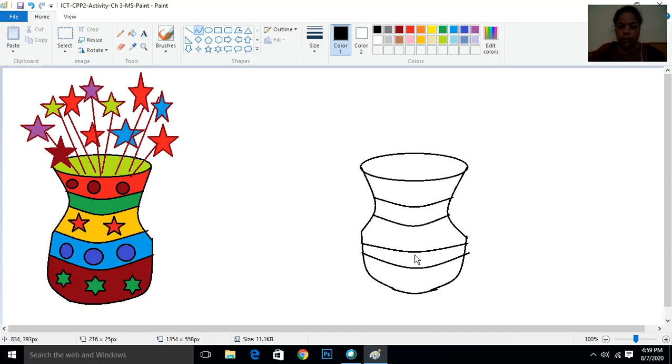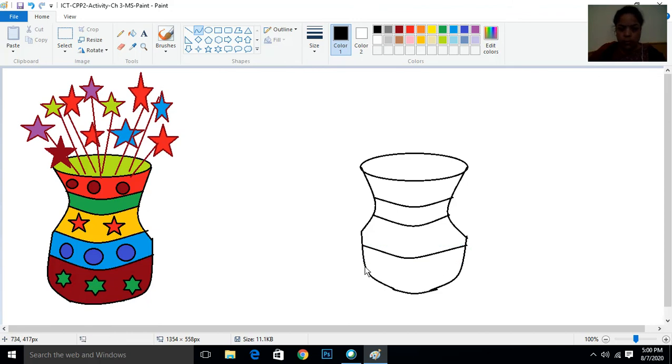Now I am drawing, this is not coming good, so I will just press Ctrl D. Now I am just doing it again, pressing the shift key. I am drawing this part. Now this is a little bit correct.